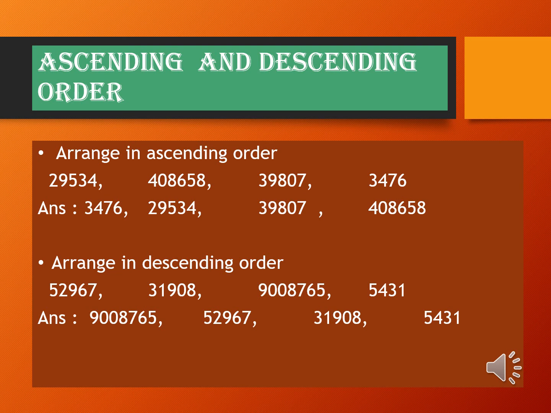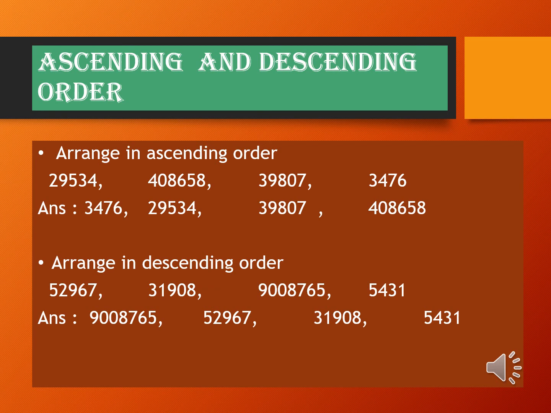Next, we can discuss how to arrange the numbers in descending order. How to write in descending order? We want to arrange the numbers from biggest to the smallest. First, we want to find out which number is greatest among the given numbers. 4 numbers are given there. When we count the digits, first we check whether all numbers have the same number of digits. When we check the digits, we can find out the third number is the greatest. That has 7 digits. So, that number we can write first.